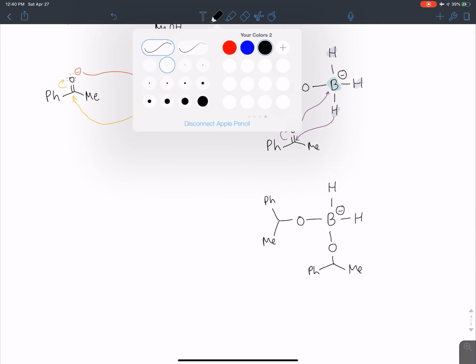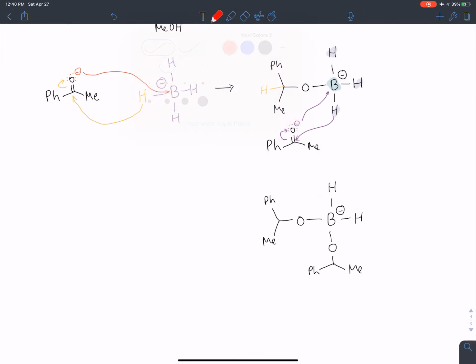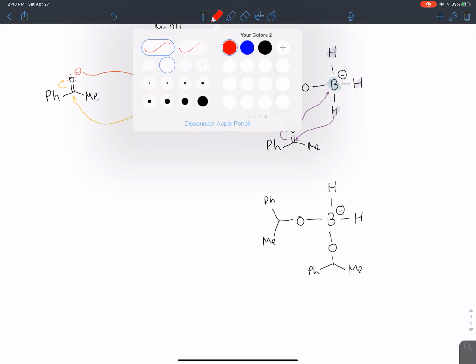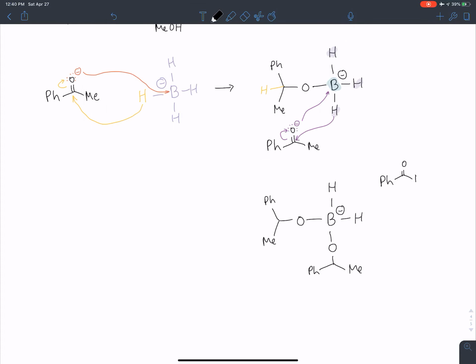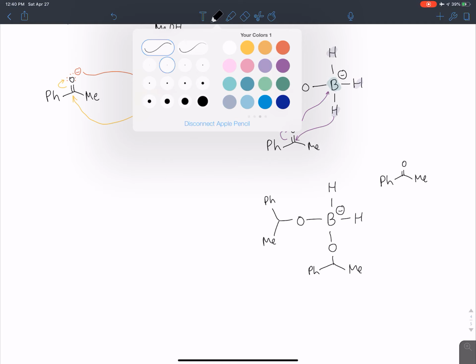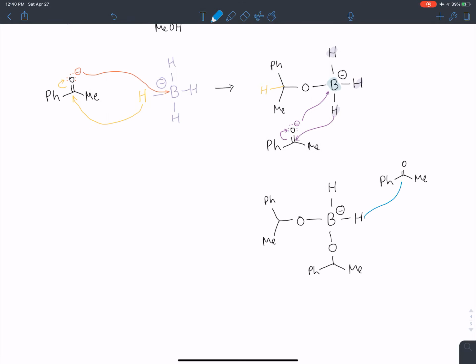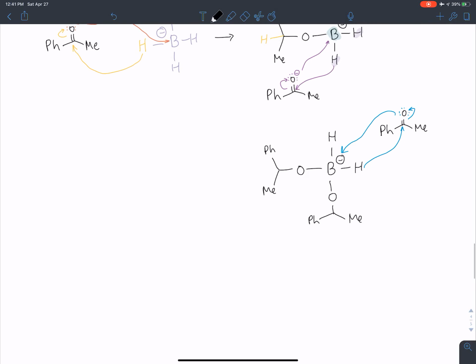Okay, and then you can either just write repeat 2 times to show that the boron is going to be tetra substituted, or for the sake of taking it step by step, I'm going to show you guys the next 2 steps. So again, another ketone molecule comes along. Let's use a different color this time. Let's go with blue. Okay, so then this hydrogen here is going to attack. Lone pair is formed. Then this goes here, which gives me